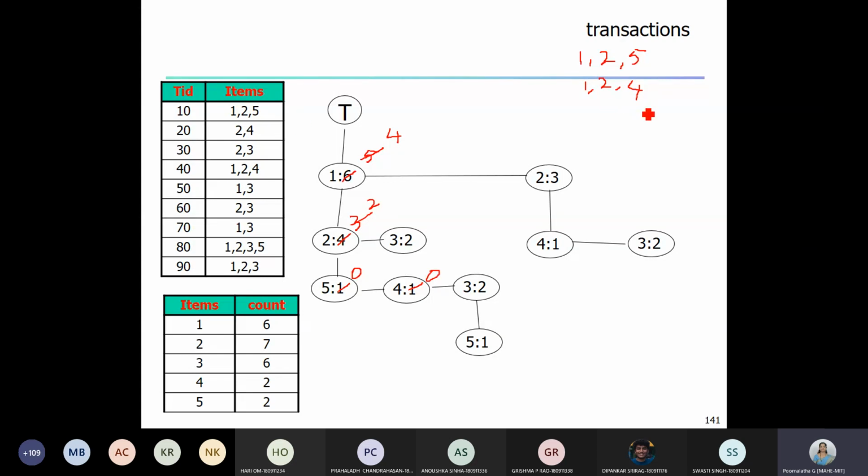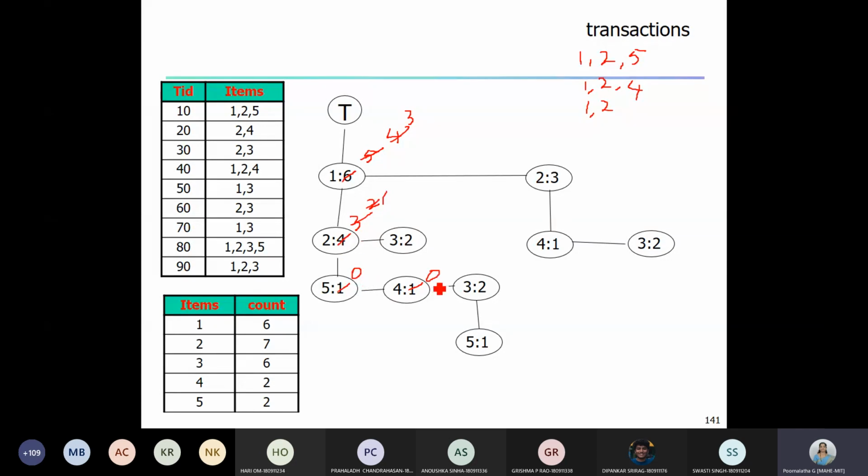Again go back to the root, again traverse the child link. So again we have item 1 with a count 4. Reduce the count, write the item. So child pointer of 1 is 2, reduce the count and write down the item here. After 2, go to its child pointer, this is 0. So next its sibling, the count is 0. Next go to its sibling, which is 3. So reduce the count, it is 1. Now you write down here it as 3.